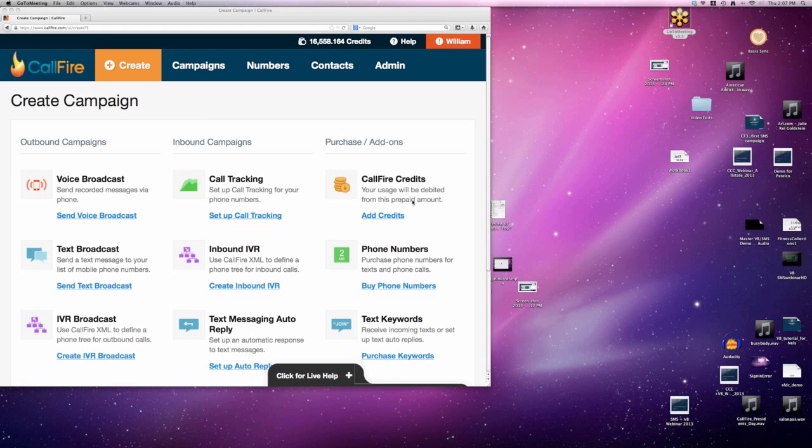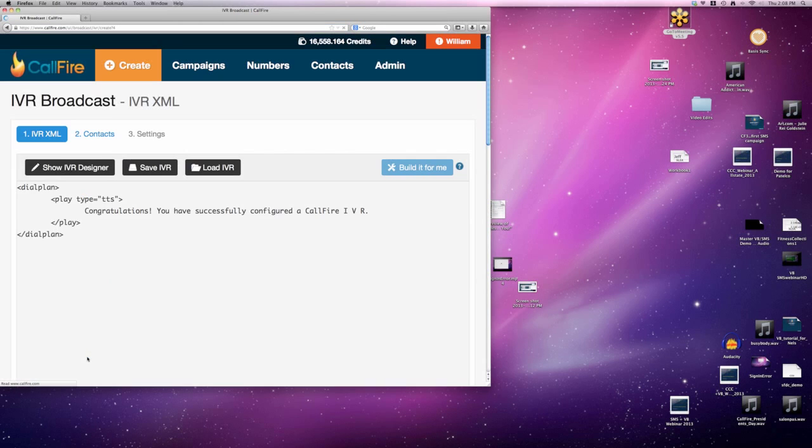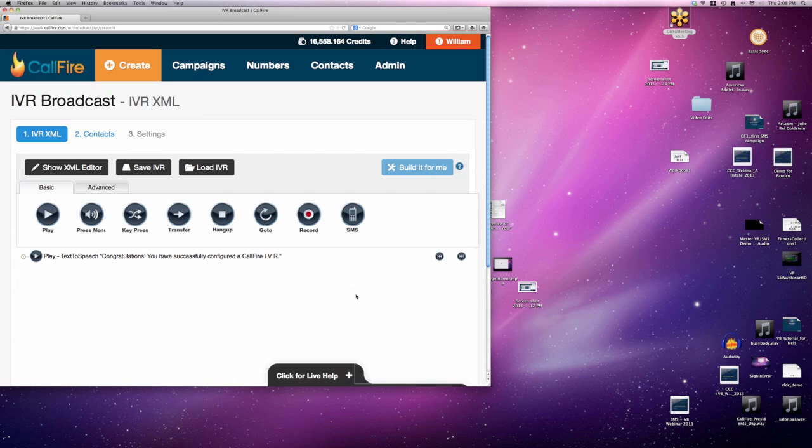So to get started, this is an outbound IVR, so we would go up to Create Campaign, and under there we would go to IVR Broadcast and click on Create IVR Broadcast. That brings us to the IVR Designer, and basically we are going to create a couple of scripts that tell the telephone call what to do and how to interact with the caller. So what we're going to do is start with a greeting,